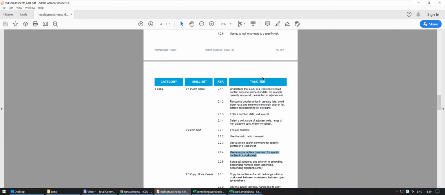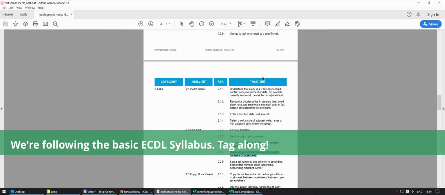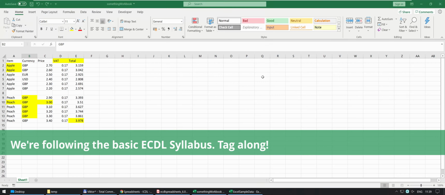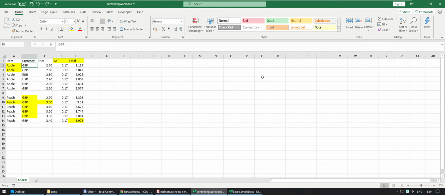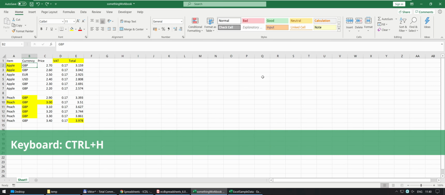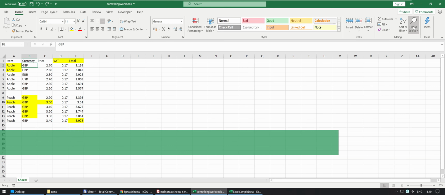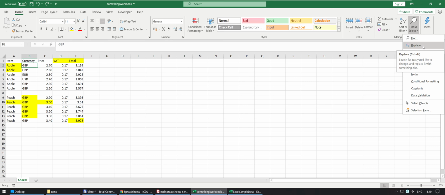So hi everyone, this video is going to show you how to use the simple replace command, and it's going to be very similar to the previous one where we did this find, but this one's just going to be a simple replace, and the keyboard shortcut for replace is Ctrl H. Alternatively, you can go into Home and then Find and Select and go to Replace, and this is the simple one,